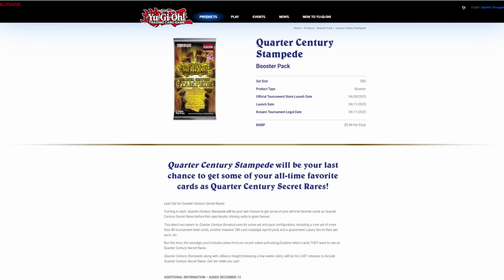What's going on, guys? Today I want to talk about Quarter Century Stampede. It's basically the next Rarity Collection, so this would be Rarity Collection 4, and we're about a month and a half away from this set, and we don't have that many spoilers on it in general, so I figured today I wanted to talk about this set as a whole and talk about what cards with H.A.T format